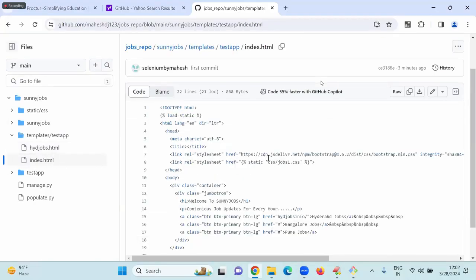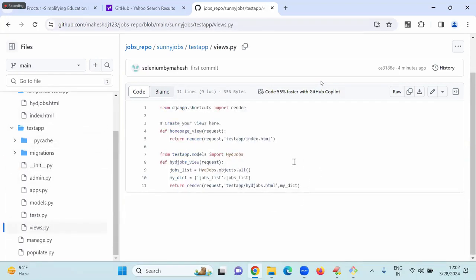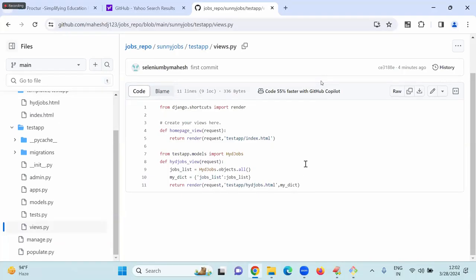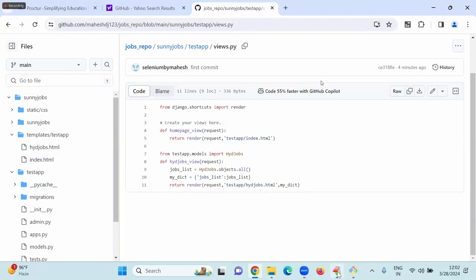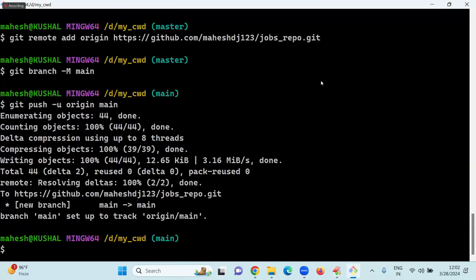Tomorrow you have to do any modification, any functionality you can add in the test app. Go to the views.py. Views.py code is there. Any changes you have to do, go to the GitHub, send to the GitHub. From here to pythonanywhere.com. Then application is ready. So go to the GitHub, create repository, then go to the Git Bash. The command is